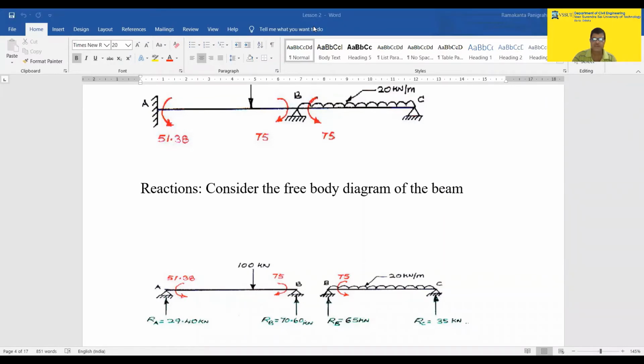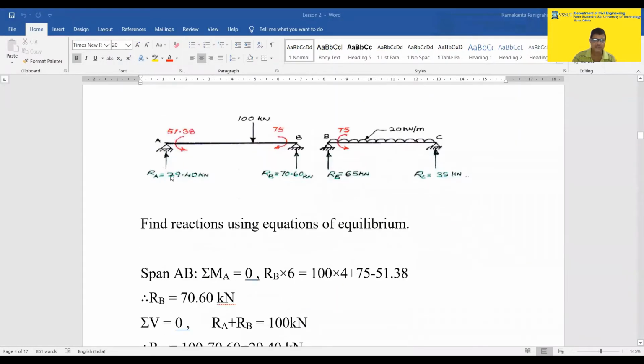You can draw the figure. It is already shown here. Now this is on the bottom side. It is shown here in the diagrams. Now, for span AB and span BC, for span AB it is acting this way, and for span BC it is acting this way. Also this is acting this way, and here it is anti-clockwise, clockwise, anti-clockwise. Now, each span is in equilibrium.